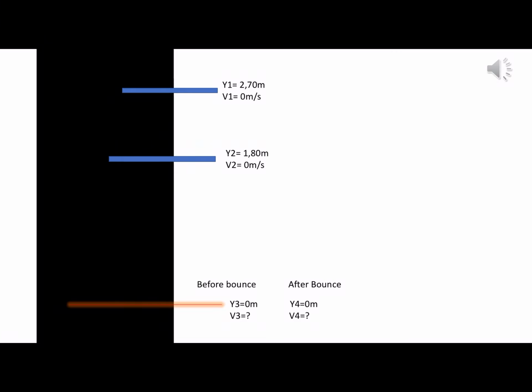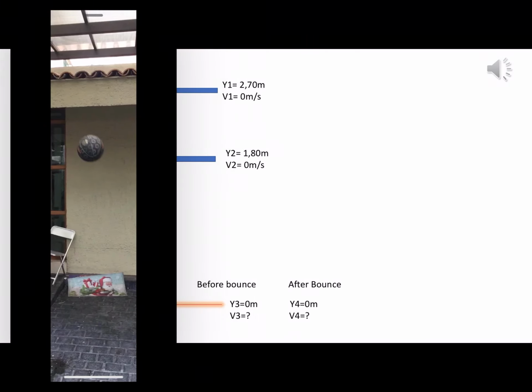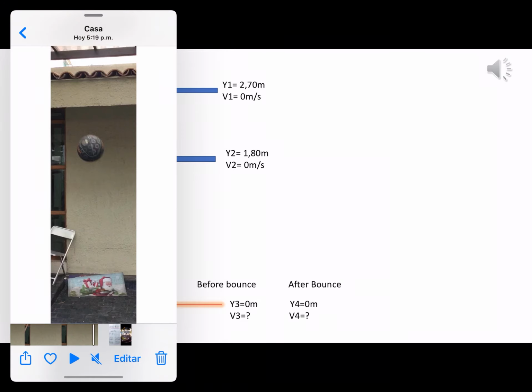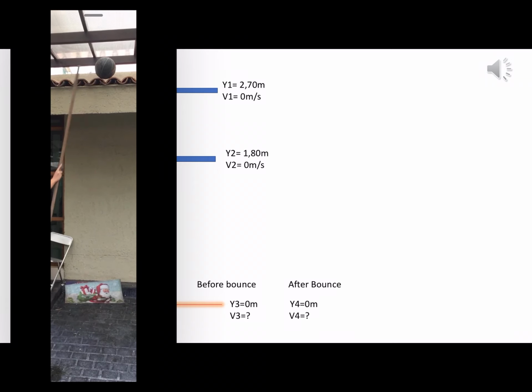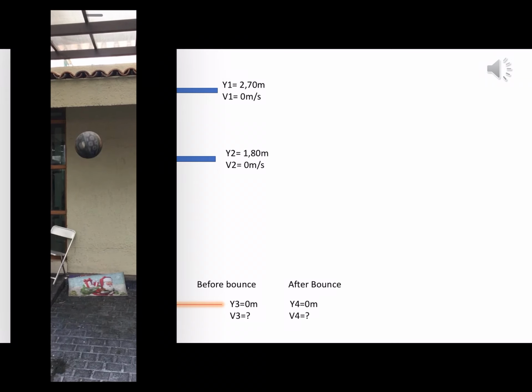This is a really simple experiment, but one of the easiest ones to explain and to show the change and the conservation of energy,